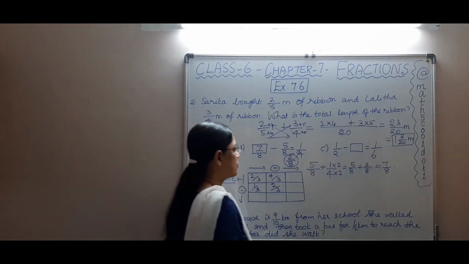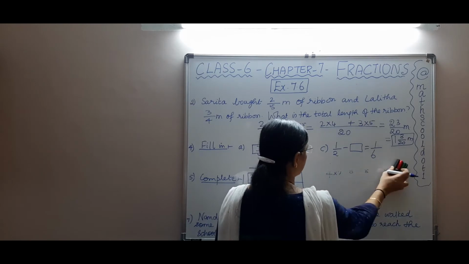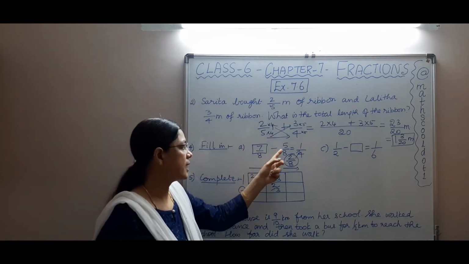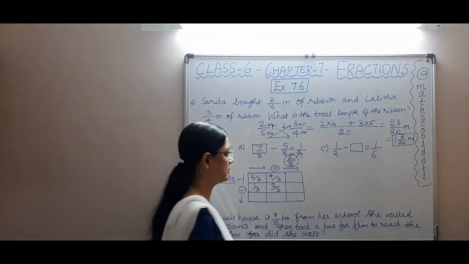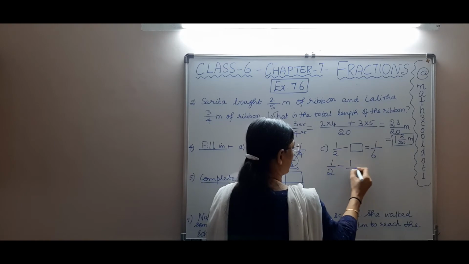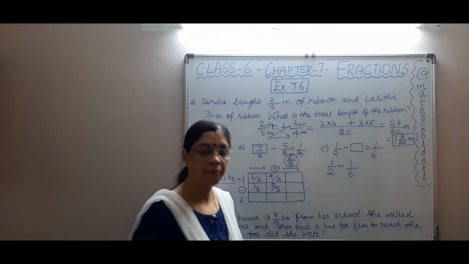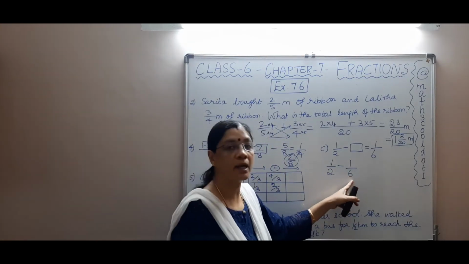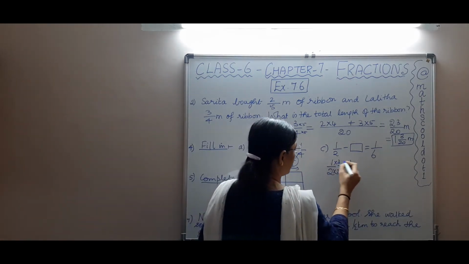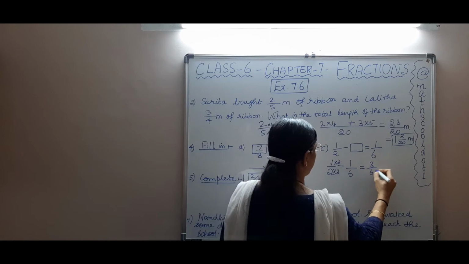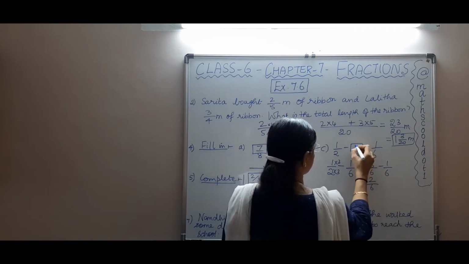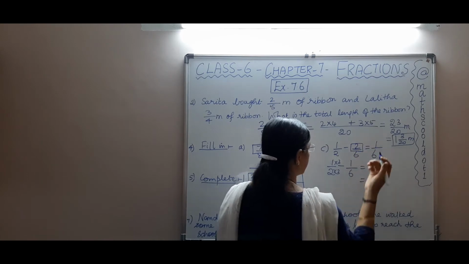Do you understand? So always do remember, when the first number is asked, it is not given, it is missing, you just add the second number and the answer. Now here the first number is given, you just subtract 1 by 2 minus 1 by 6. Now when you observe, 6 is the LCM, isn't it? Because we can write 2 in terms of 6 by multiplying it with 3. So 3 by 6 minus 1 by 6 will be 2 by 6. So the answer is 2 by 6.